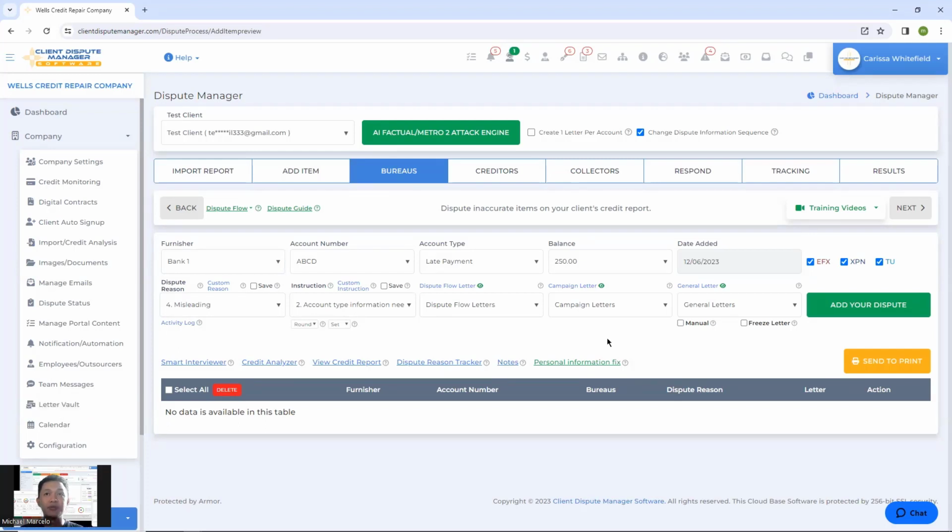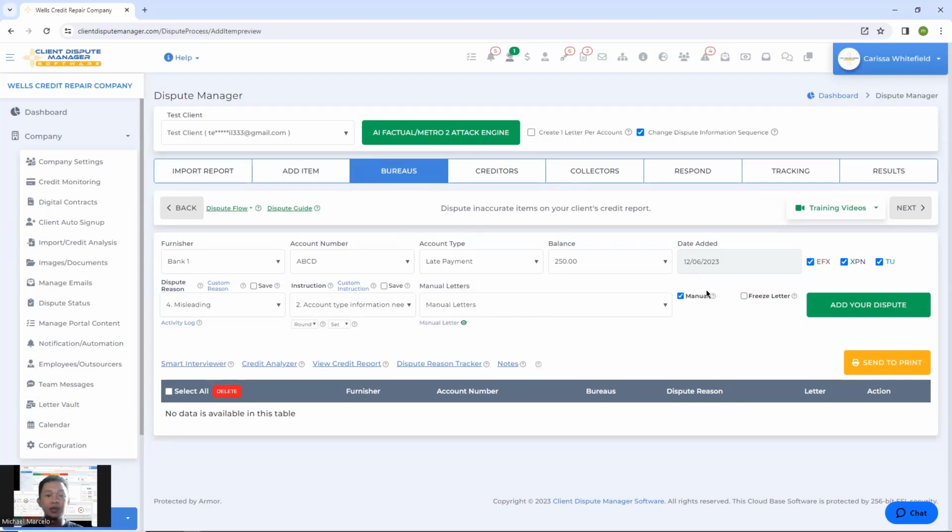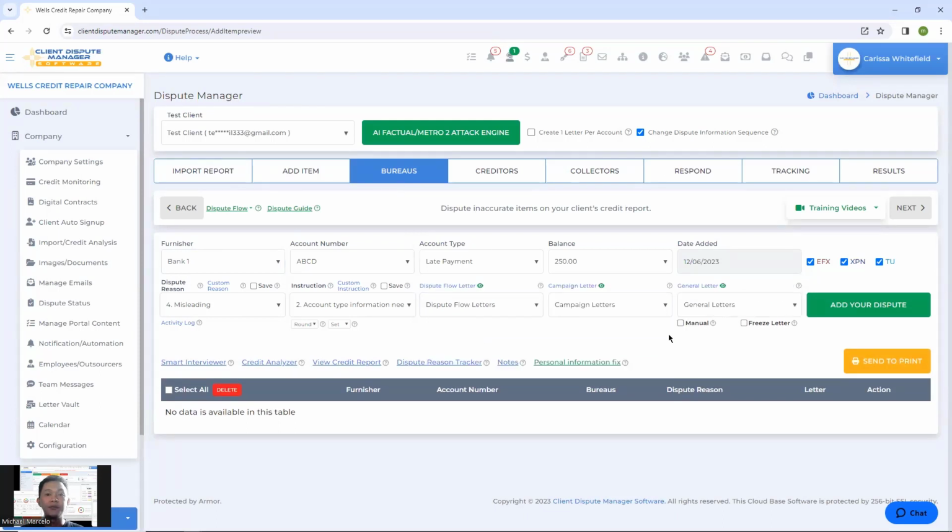Once you've created your manual letter and you're creating your dispute for the bureaus, all you need to do is just put a check mark on the manual option right here. You will now see the manual letter drop down, and from here you can choose the manual letter that you're going to use. Now, if you don't have your own manual letter and you want to go ahead and use